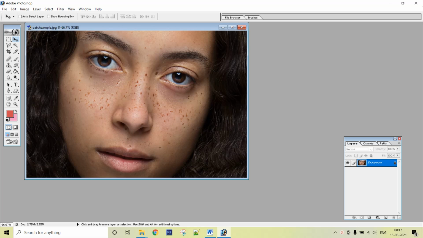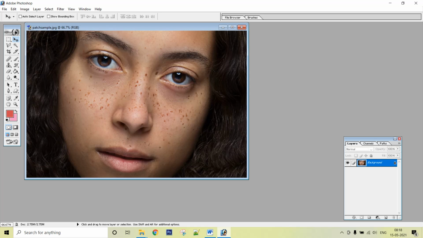As you know, in real life, patching is usually done with clothes: if an area is torn or damaged, then we cut a piece of the same cloth from some other area and sew the cut cloth on the damaged portion. So this is how the patch tool will also work.